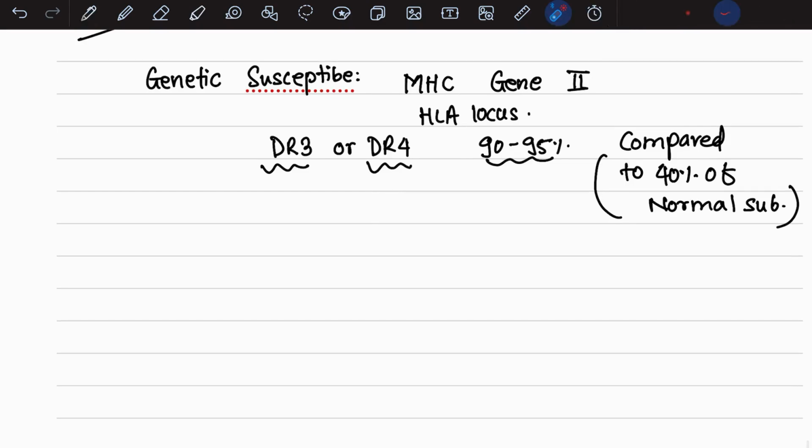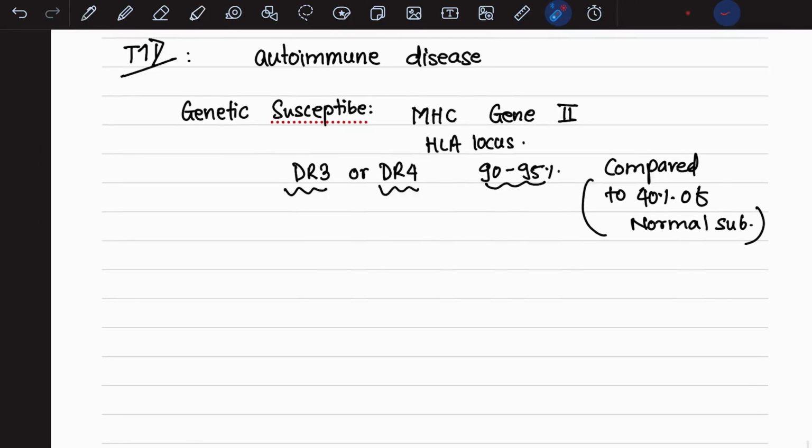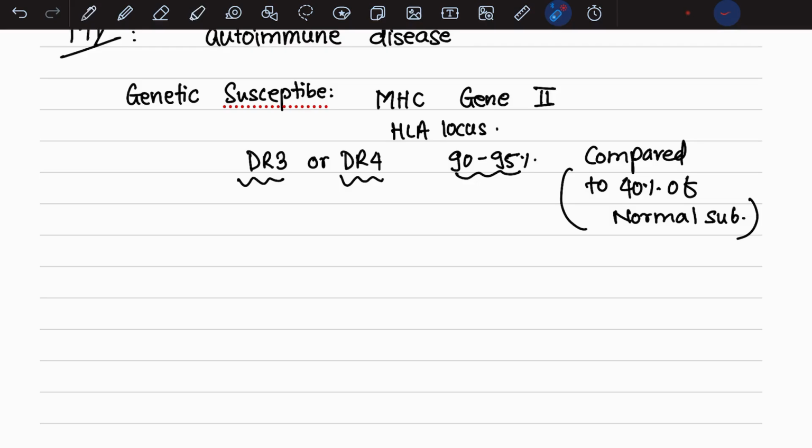So compared to the normal ones, when the cases of type 1 diabetes were analyzed, in the whites, 90 to 95% of the cases have either DR3 or DR4 haplotypes in the